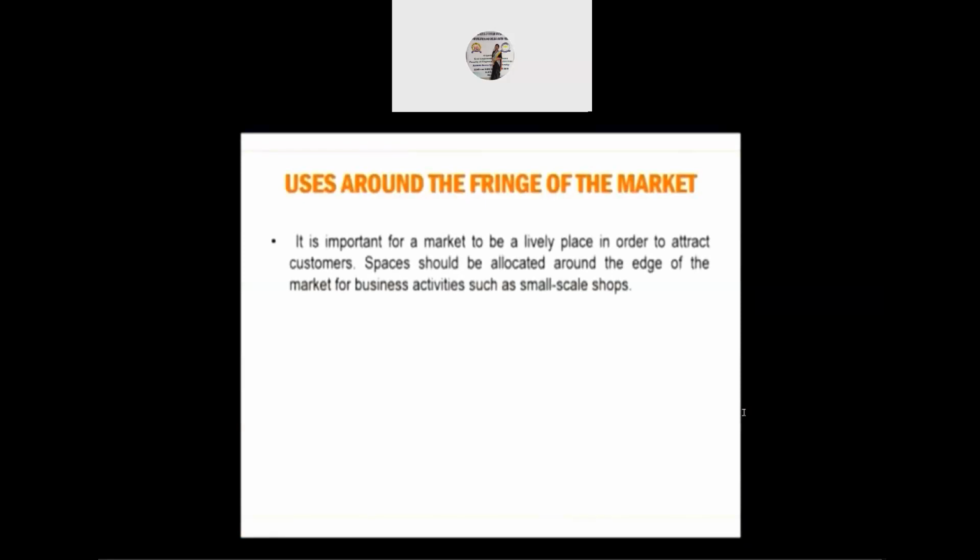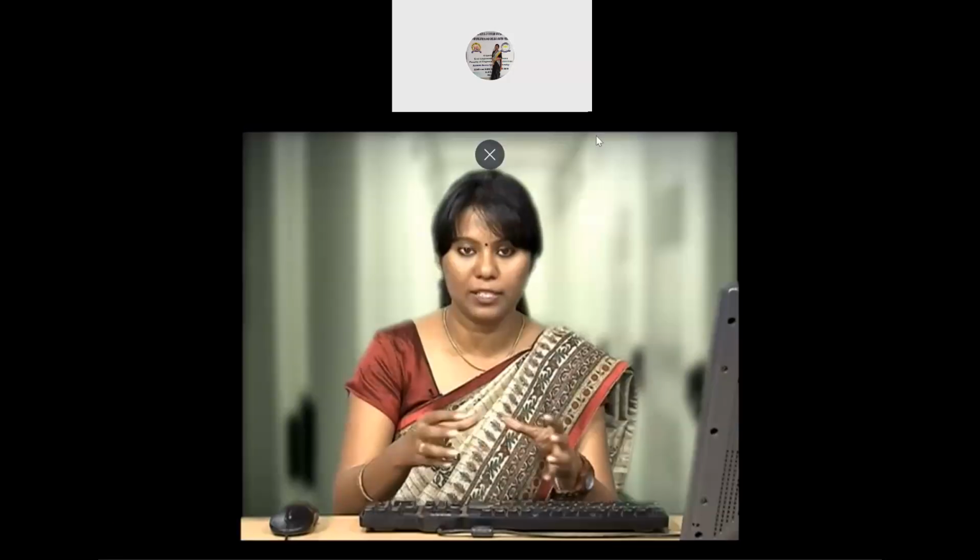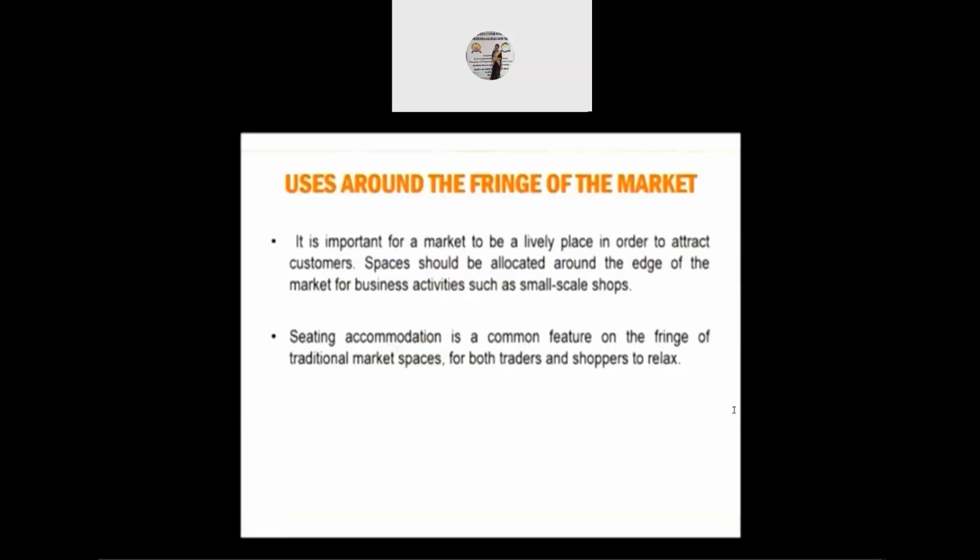It is important for a market to be a lively place in order to attract customers. Space should be allocated around the edge of the market for business activities such as small-scale shops. We must be sensitive to what is going to happen around the market as well. So we must have space for such types of movement or temporary vendors to sell their commodities. Seating accommodation is a common feature on the fringe of the traditional market space for both traders and shoppers to relax. We must also have seating spaces because if it's a huge market,